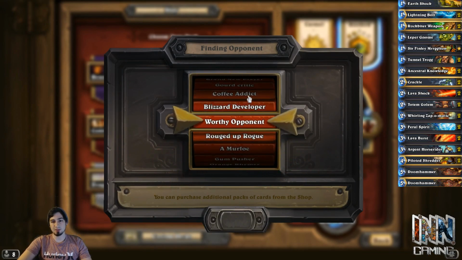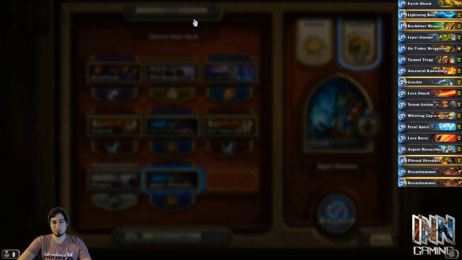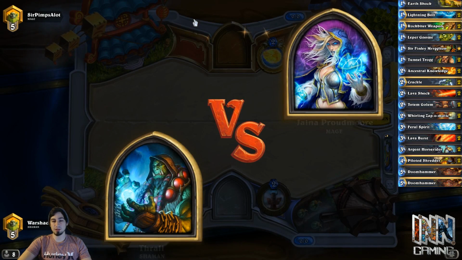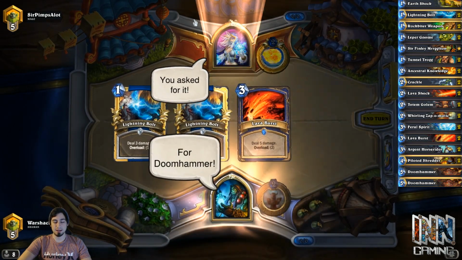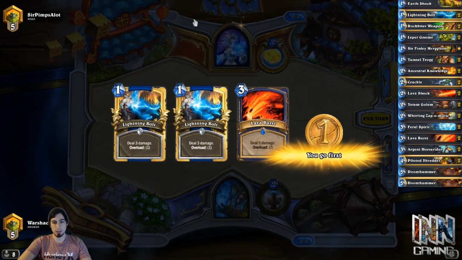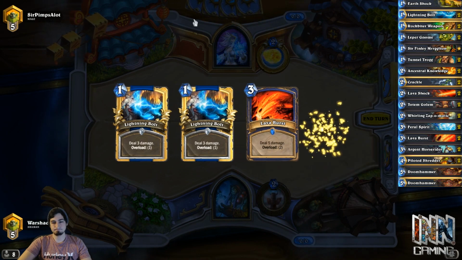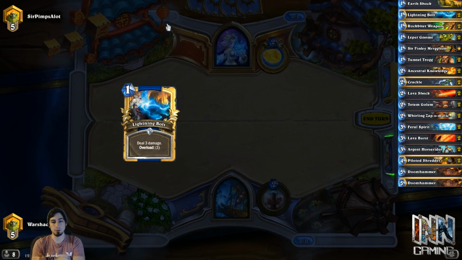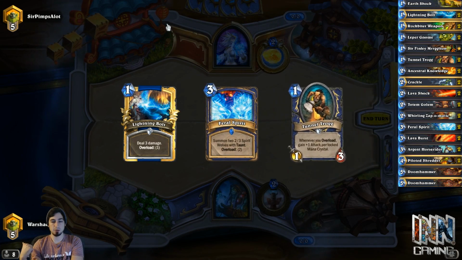So, oh wow, Coffee Addict. That's pretty funny. I didn't even notice that was one of the roles. Alright, so this deck does fairly well against Freeze Mage. It does fairly bad against Tempo Mage. I think I'm going to keep a Lightning Bolt just for Sorcerer's Apprentice and Mana Worm. Not that we normally want to use...